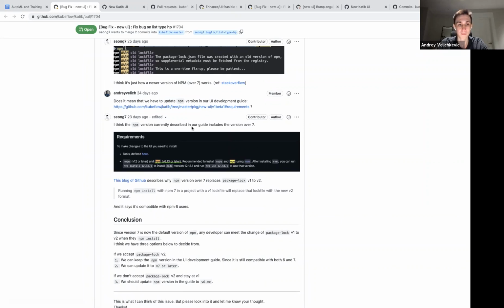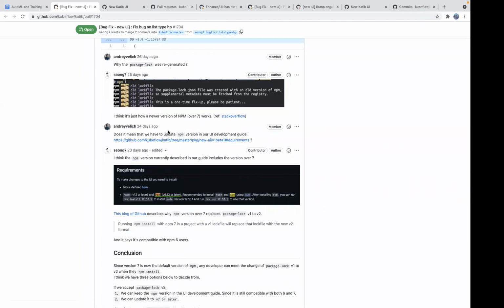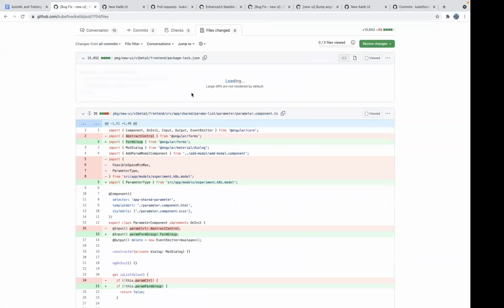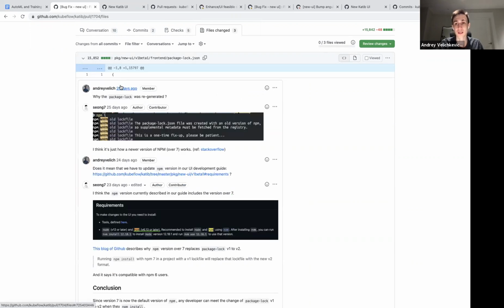Yeah, if it's like that, sure, let's upgrade. I just haven't seen the process. That's why I'm not sure if it's going to be that easy. But if it is, yeah, let's just upgrade. Sure. When you take a look, you can figure out the whole upgrade process there. But again, do you think if our KDPI uses a different version of npm from the Kubeflow common repo, we can still use Angular Kubeflow as an Angular library, or should we have a similar version of Node, a similar version of npm